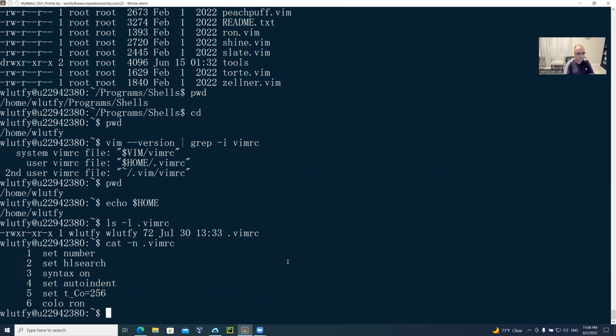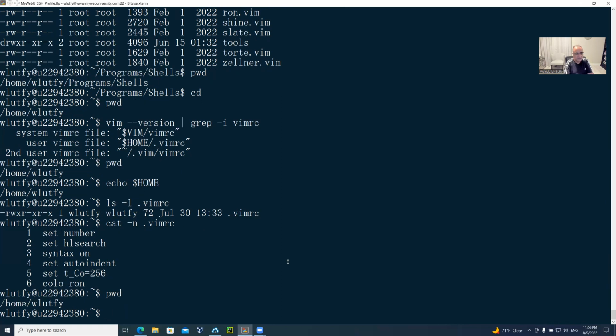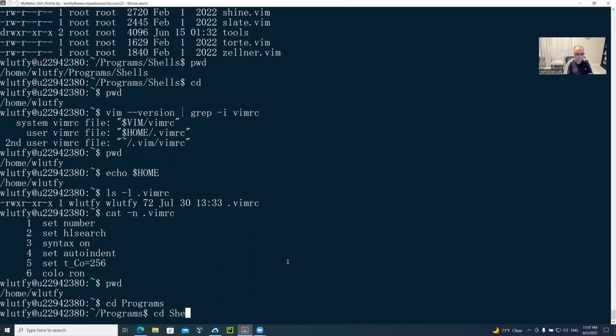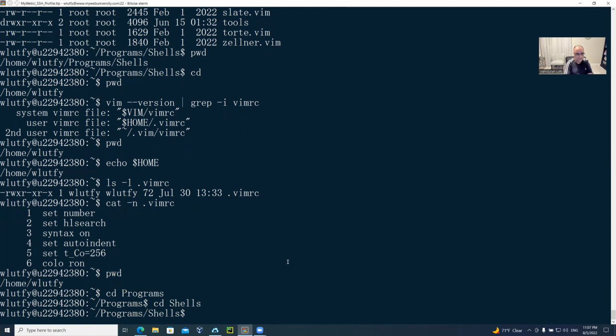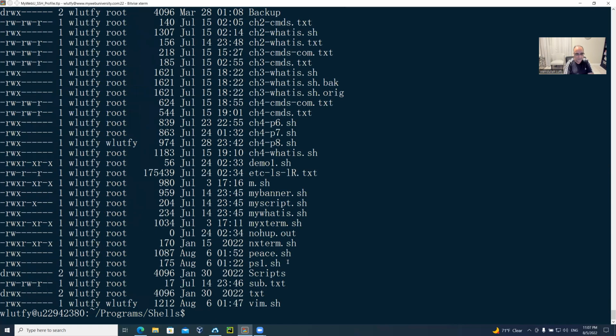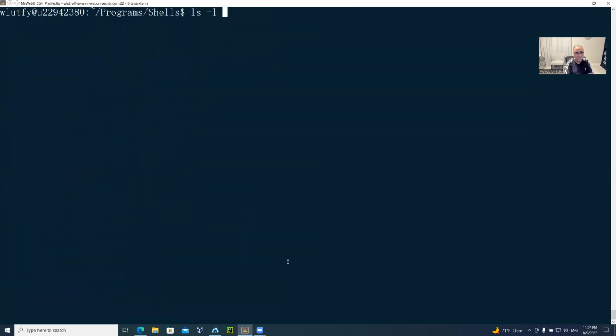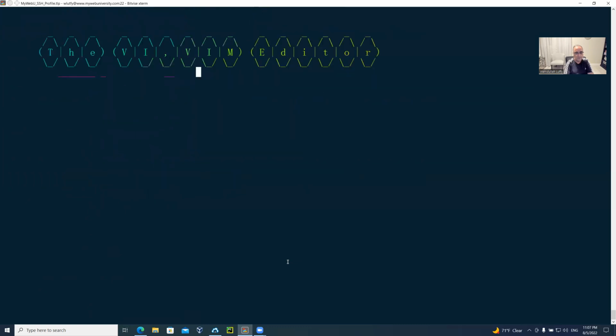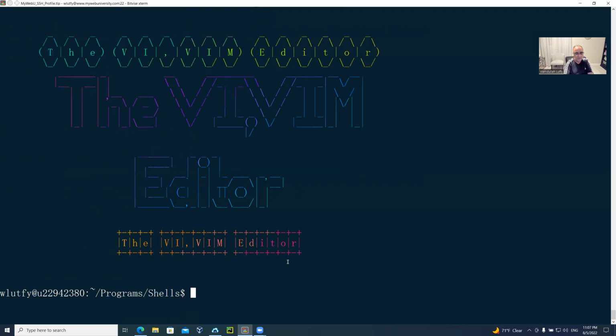So without further ado, let's just open a file inside Vim, and then we look at these things that we can do inside the editor. So I'm on this directory, and I'm going to go to my programs directory. And the first thing I'm going to do is go to the shells here, and then I have a number of files here. If I just want to look at only vim.sh, which was this program that when I run vim.sh, it just told you this. So in order to look at the content of that file, I'm going to do a